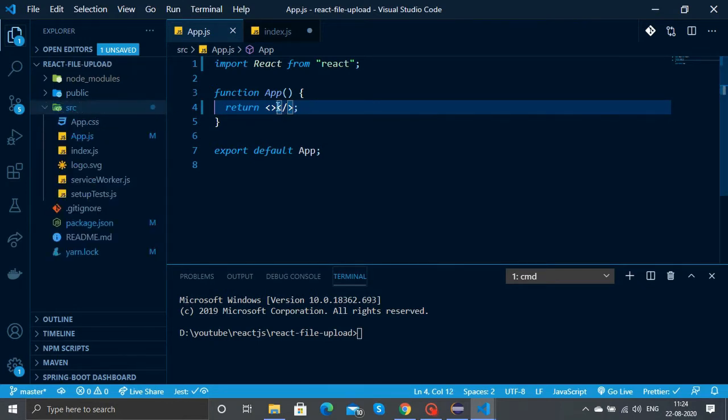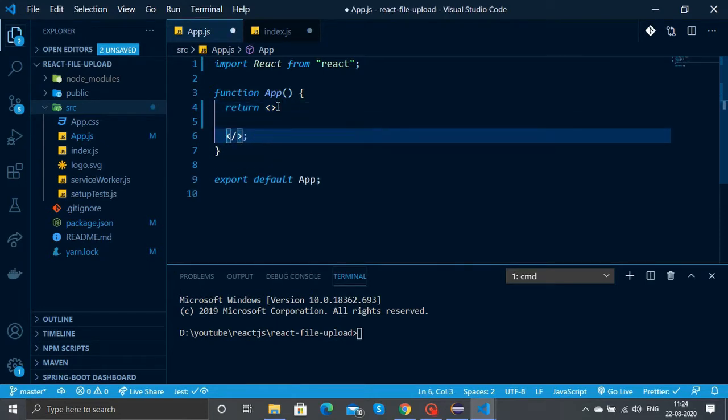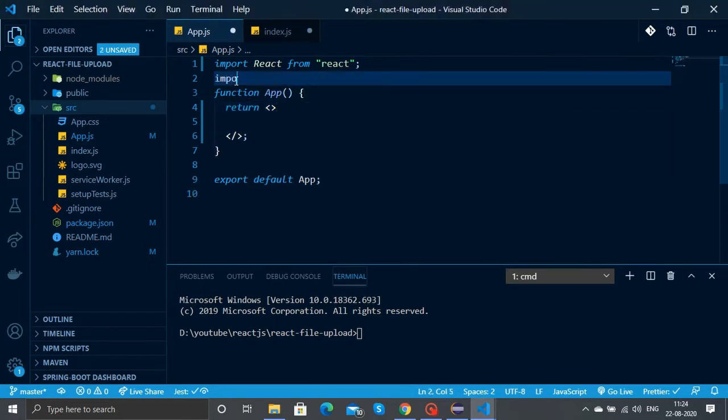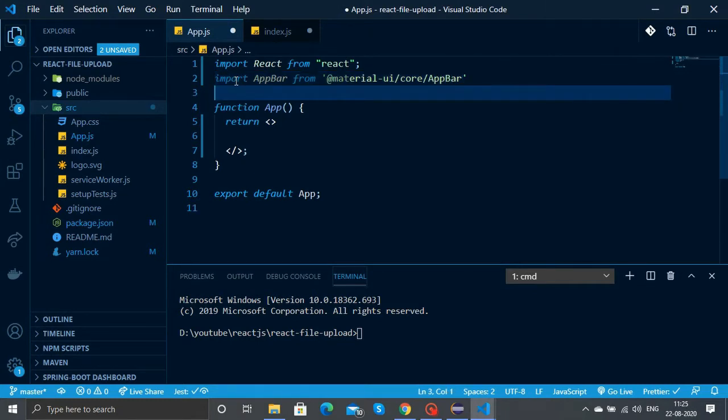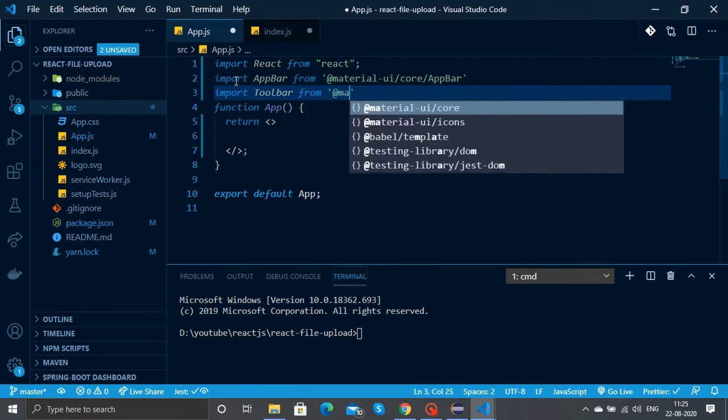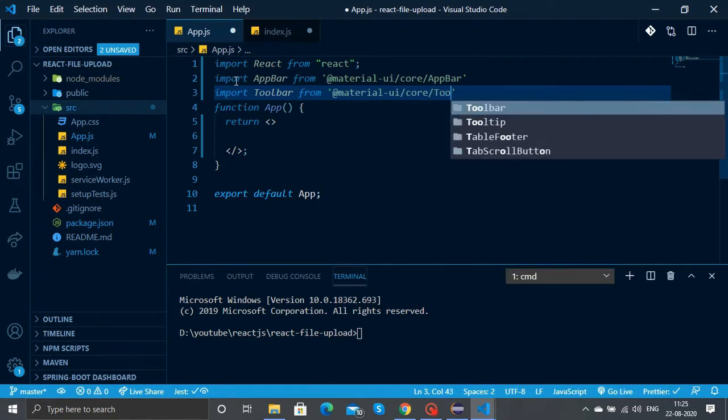So let's add something to the app to return. We will import AppBar from Material UI core. Now let's import Toolbar. Whatever comes under the app bar needs to be in the toolbar.